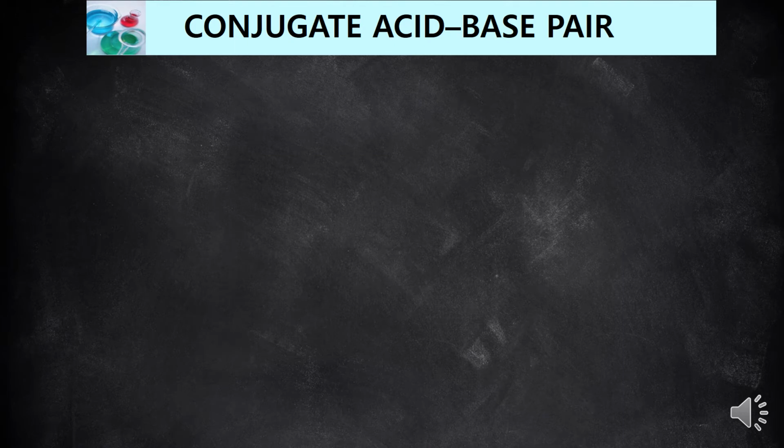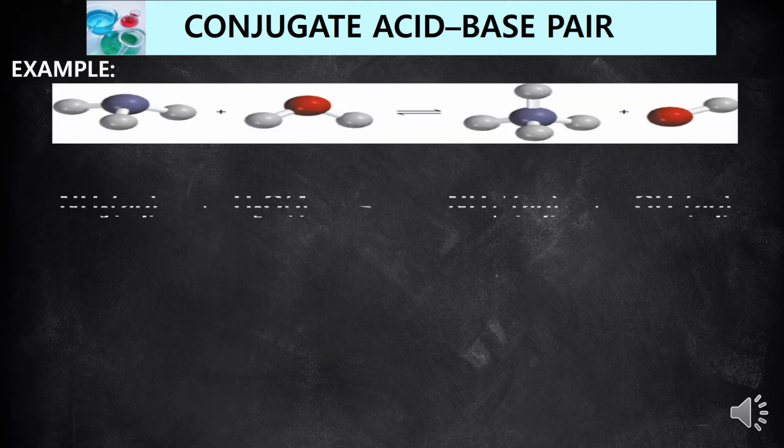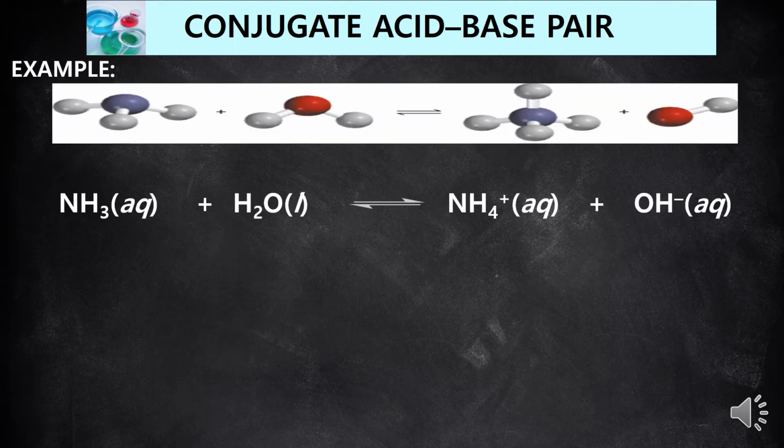Conjugate acid-base pair. From this equation, could you identify the Bronsted-Lowry acid or Bronsted-Lowry base? The Bronsted-Lowry acid is water because it will donate a proton H+ ion to form hydroxide ion as its conjugate base. Ammonia will accept proton from water molecule, so ammonia is a base, and the product form ammonium ion as